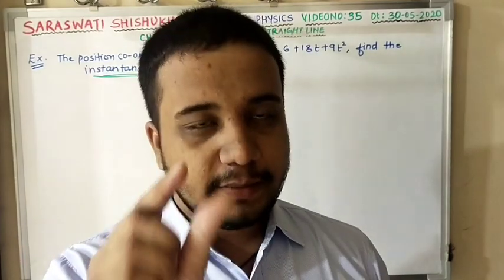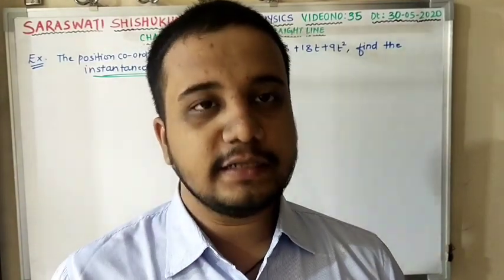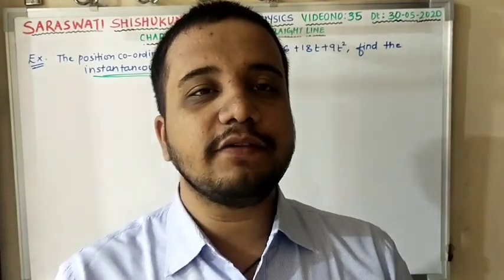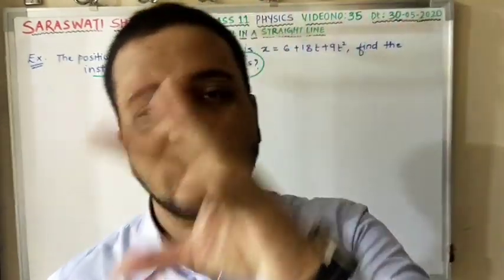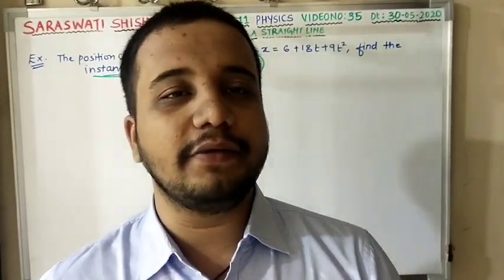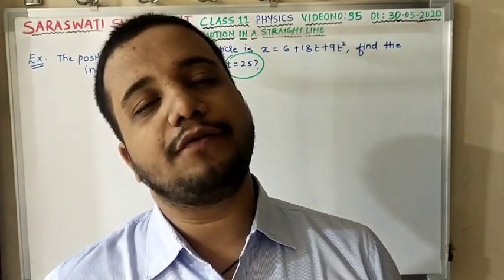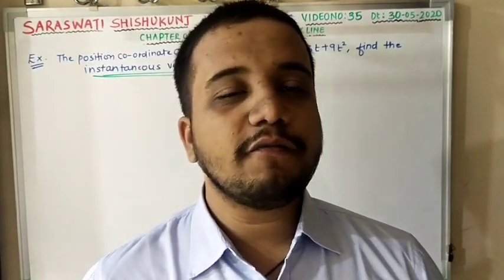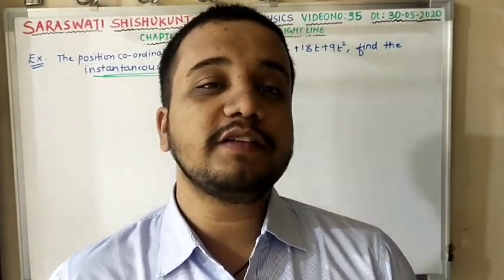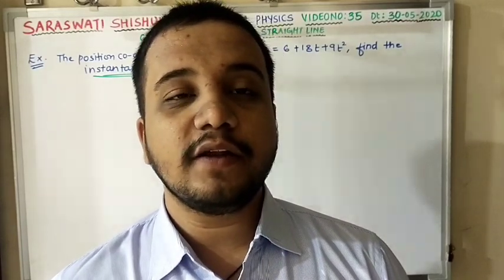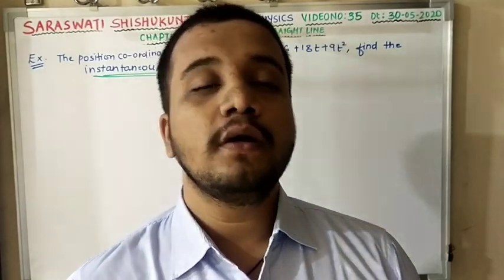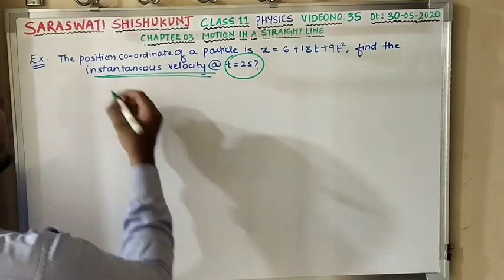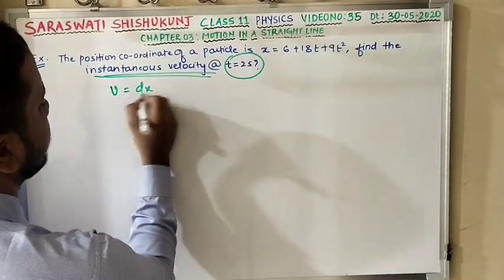So if a particular time instant is given, then you need to calculate instantaneous velocity. Suppose a time duration is given, that is t equal to 2 seconds to t equal to 4 seconds, some slot of time, then you need to calculate the average value for that. Clear? Now we know what velocity is. Can anybody tell me what is velocity? Velocity is nothing but the rate of change of displacement with respect to time. Very good. So we can find v equal to dx by dt.